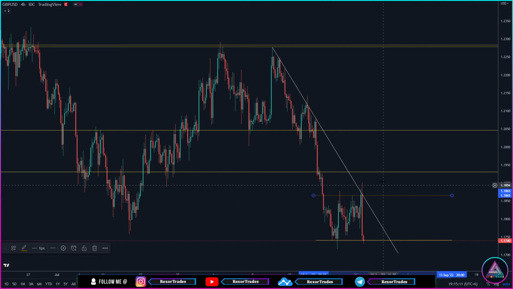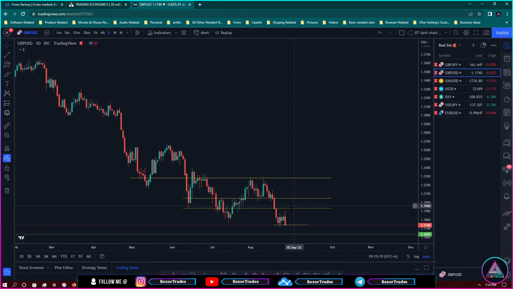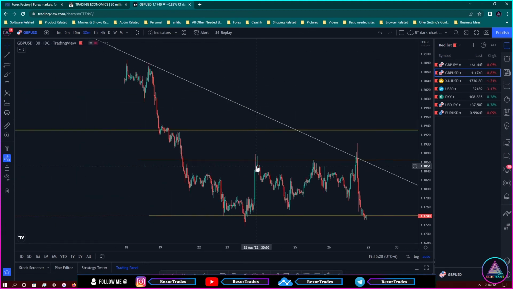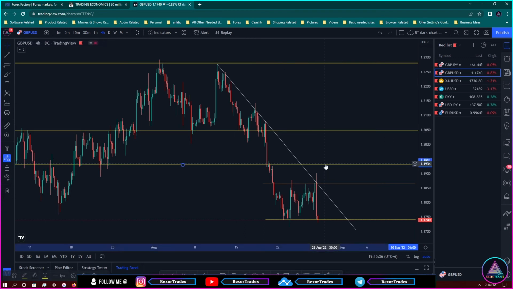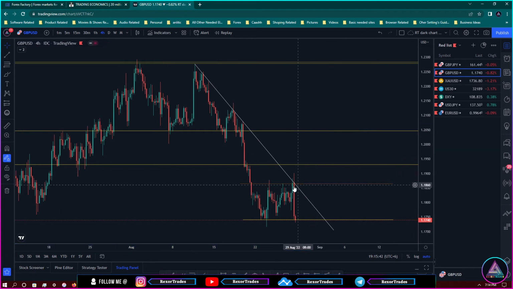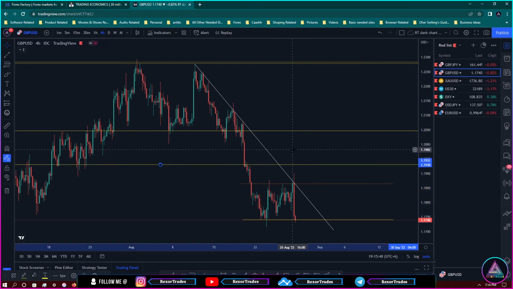And if GBPUSD makes a break and close even above this key zone with further bullish momentum, then it would be making a breakout of this key zone over here. So if it makes a break and close above that key zone with further bullish momentum, then you can go to a shorter time frame like the 30 minutes time frame and then wait for a certain structure to be formed, something like this, and then you can look for trades on the breakout of that structure with further bullish momentum after it makes a break and close above this key zone, in hopes of GBPUSD coming to retest this key zone over here. And a breakout of this key level would also be a breakout of this newly forming downtrend line over here. So a break and close above this key zone is a pretty well-positioned place for you to look for trades on the long side,